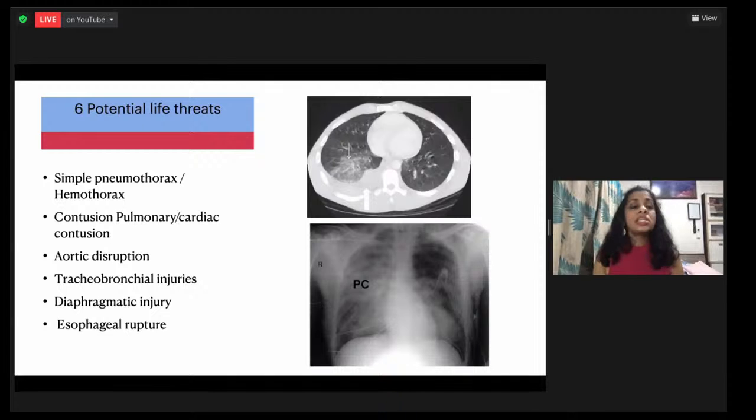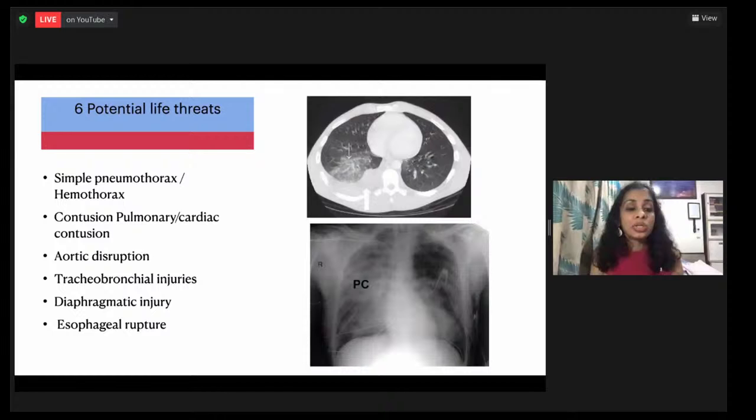Now, as we go ahead, as we stabilize a patient, we start doing the secondary survey. In the secondary survey, when the patient is stable, we can send the patient for CT scan and look out for potential life threats. Now, what are the potential life threats? A simple pneumothorax, a simple hemothorax. Sometimes what happens, the patient's GCS is very poor and we immediately intubate the patient, but we have missed out on a simple pneumothorax, which can become a tension pneumothorax, lung contusion, aortic disruptions, tracheobronchial injuries, diaphragmatic and